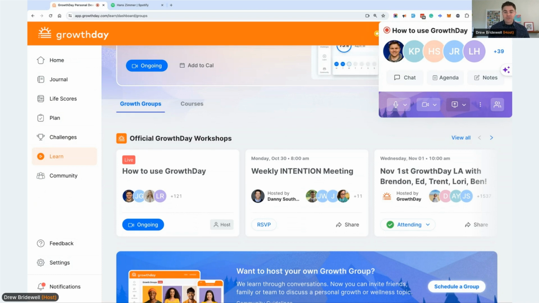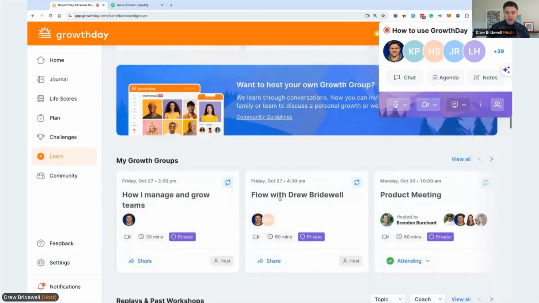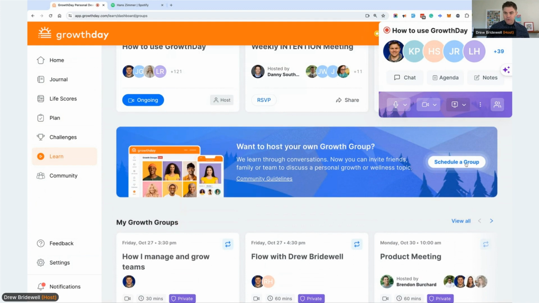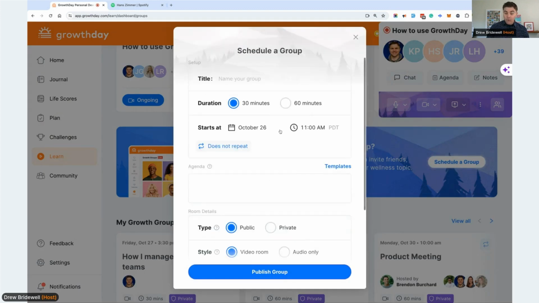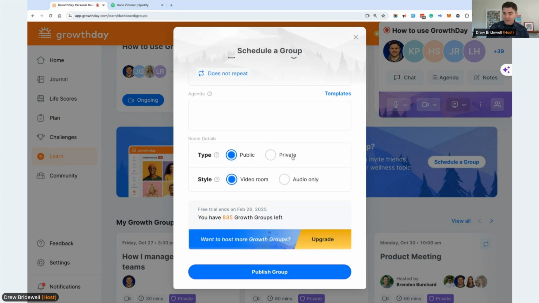And you can have conversations about that through growth groups. That was the whole intention for growth groups, was to bring more intentional conversations to the platform so that anybody can host a growth group. And with this said, you can actually easily schedule a group just by clicking on schedule a group, fill out your form, make it public or private. If it's private, you just have to make sure that your people RSVP to get the link. If it's for a company or something you want to be private. If it's public, everybody in Growth Day can